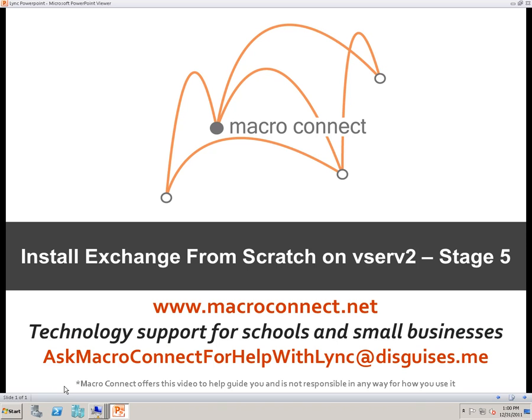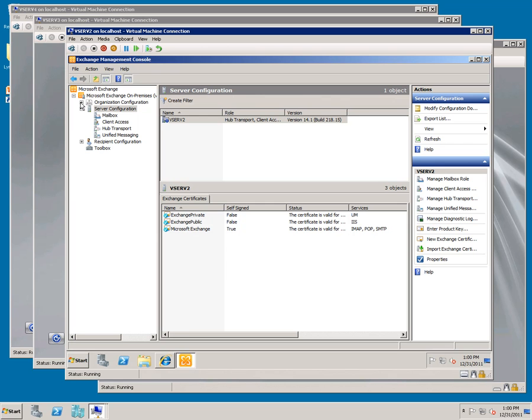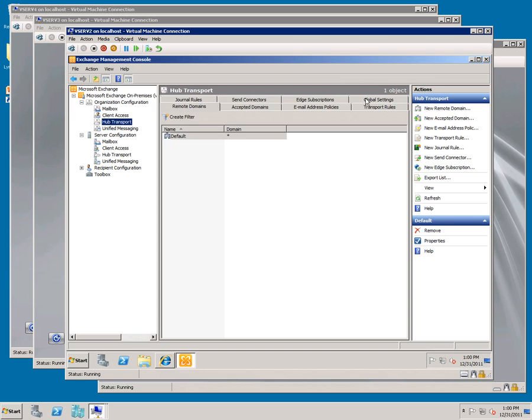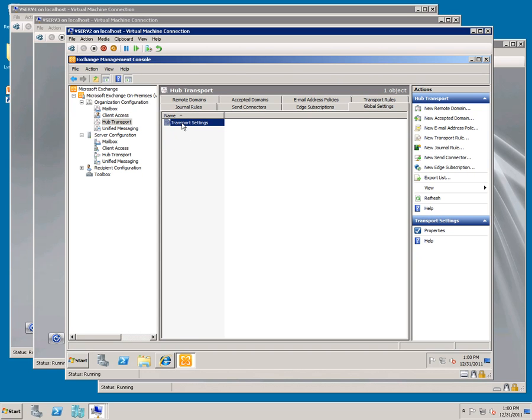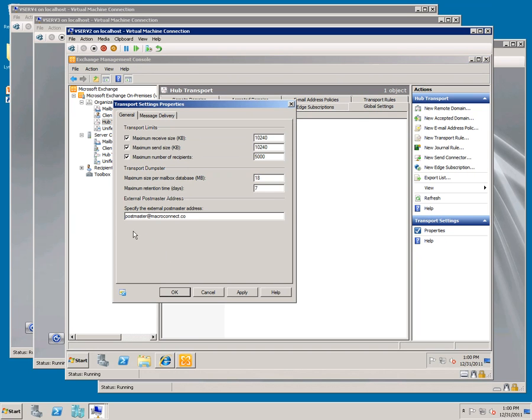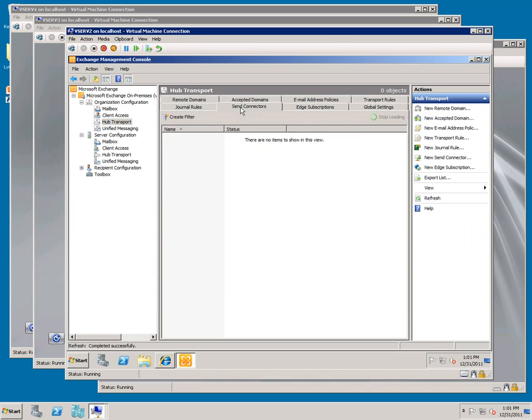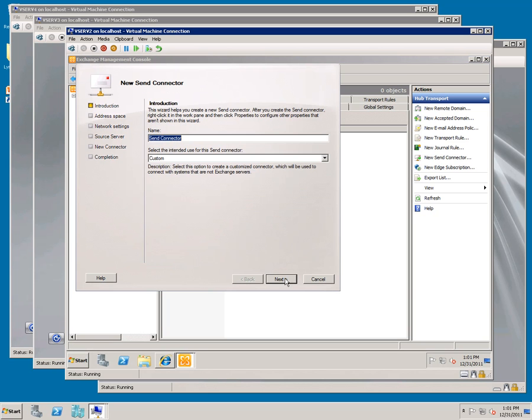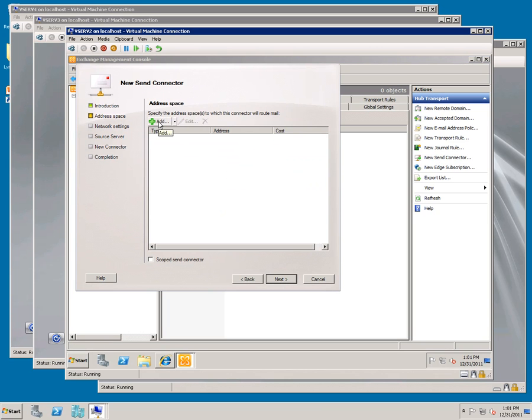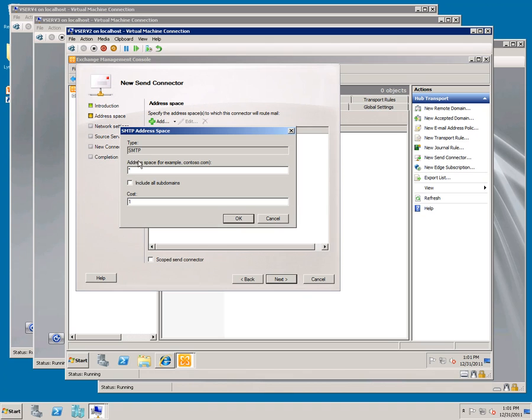Install Exchange from scratch on vserv2, Stage 5. In the EMC, expand Organization Configuration, Hub Transport, Global Settings, double-click on Transport Settings, specify Postmaster at macroconnect.co, click OK, go to Send Connectors, New Send Connector, Next, Add, put in an asterisk under